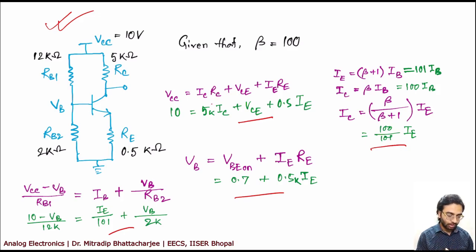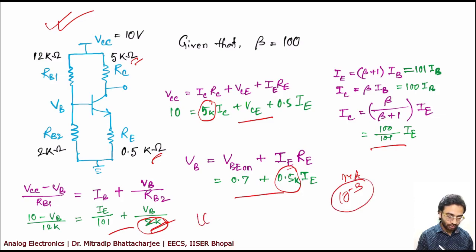One thing you need to remember is these terms are in kilo ohms. Everywhere I wrote 0.5 k, consider this kilo ohm. That means everywhere you should put 10 to the power 3. Somebody has to be very careful about these units. Sometimes the currents are in milliamps and we forget to put 10 to the power minus 3, or for kilo ohms we forget to put 10 to the power 3. In that case, you will get a wrong value. So be careful while you are solving. I also said these types of circuits are very common in national level competitive examinations like GATE, NET, and similar examinations.